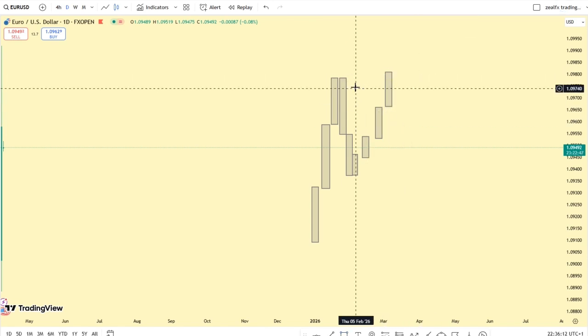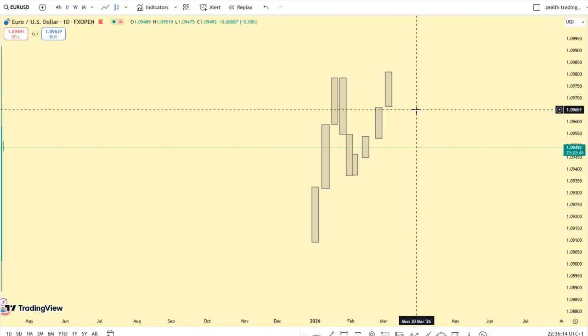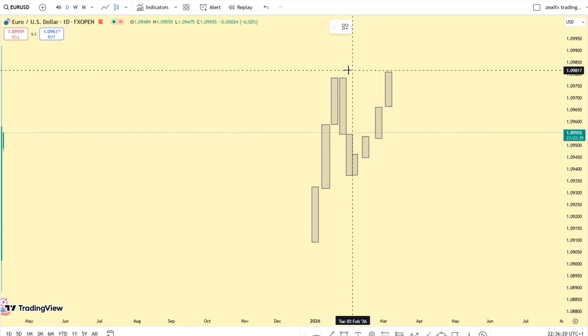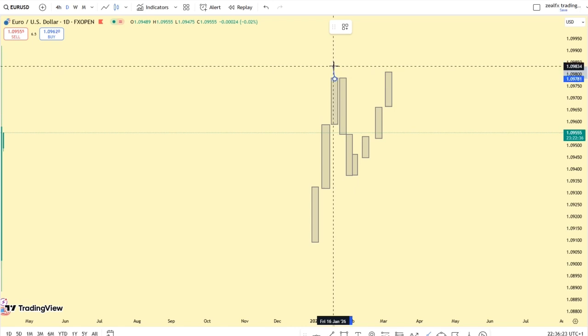So you can see that the function of the false breakout now is when price moves to a resistance level, a previous resistance level,